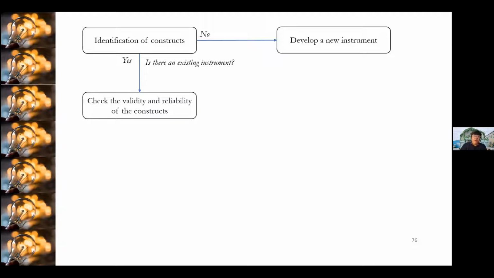Now, balikan natin ito. Assuming there is no existing instrument that measures job satisfaction and organizational commitment, as I mentioned, you need to develop a new instrument. And developing a new instrument will require you to perform factor analysis. So if you will be developing a new instrument, let's say maggagawa ka na sarili mong instrument to measure job satisfaction and organizational commitment kasi walang existing measurement for the two variables,